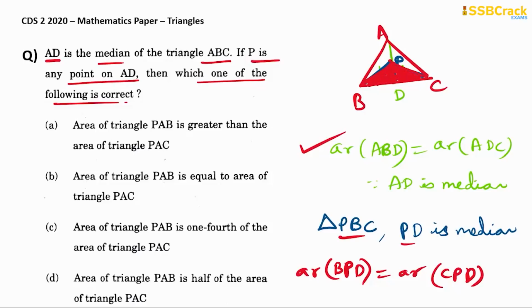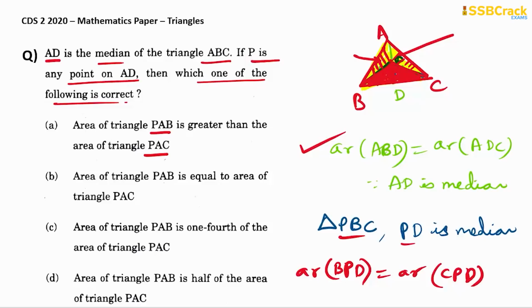And we have got the upper areas, that is, the area of the complete ABD equal to the area of ADC. So is it true that then the remaining portions are equal? Because those are the remaining parts. So here that is the only statement. You could see that they asked us the relation between the area of triangle PAB and the area of triangle PAC, right? So PAB is this triangle, and PAC is this triangle. So they asked that ratio.